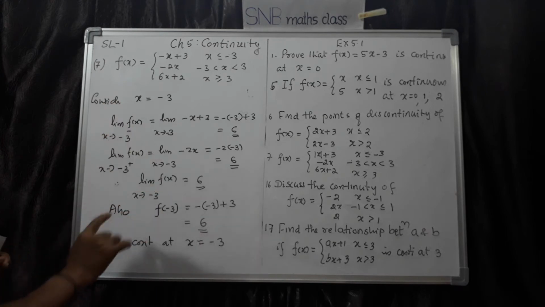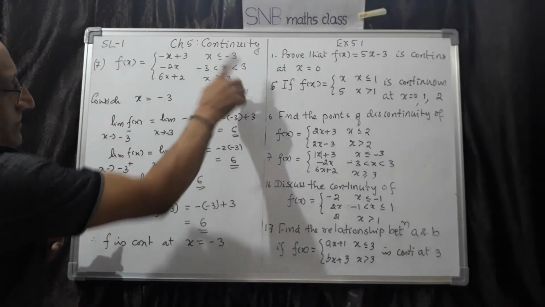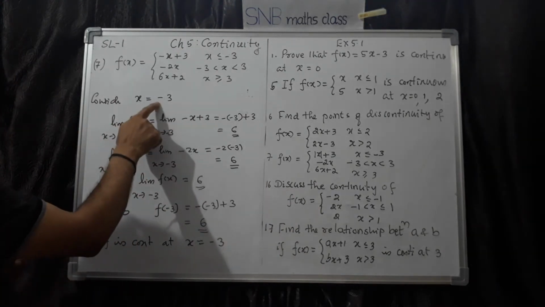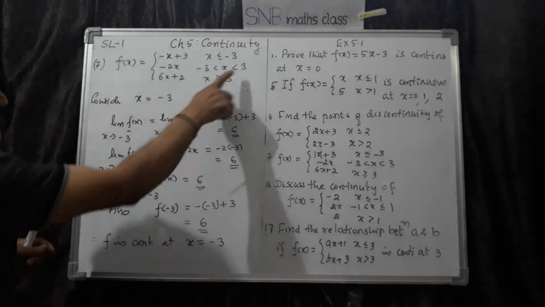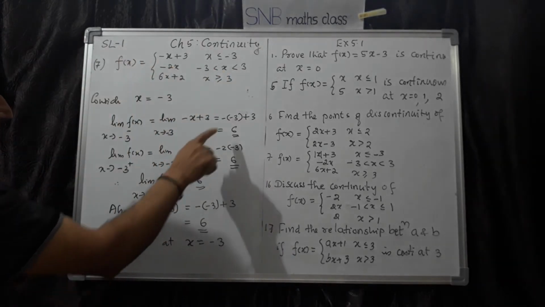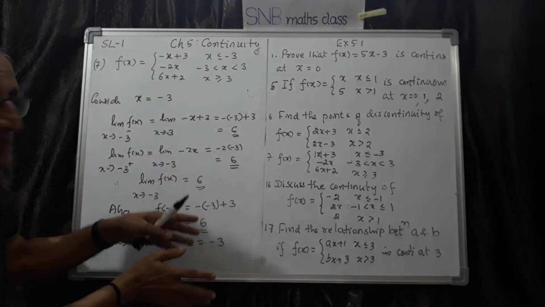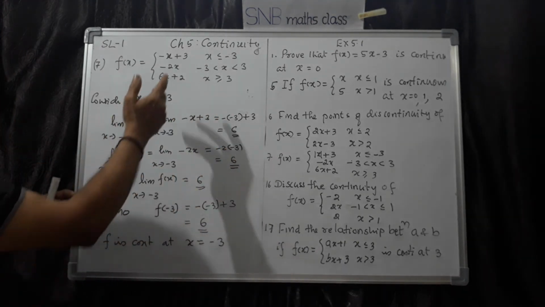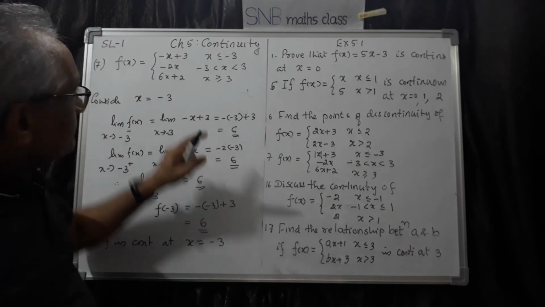And I think you can do the same way. The second part I won't do; for this one you check. What you have to do is, at x equal to 3, take the limit of f of x as x tends to 3 minus. 3 minus means you take this function, and 3 plus means you take this function. If both are equal, then only you proceed. If both are not equal, then definitely it is not continuous. So that is the thing. I think I can leave the second part of this question.